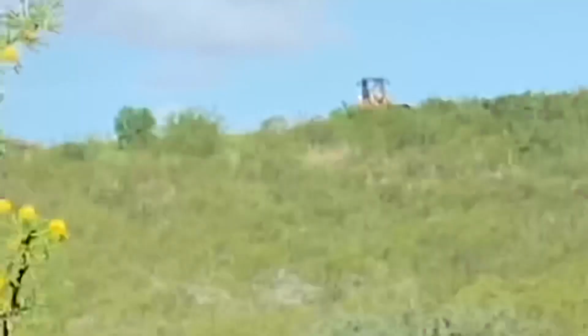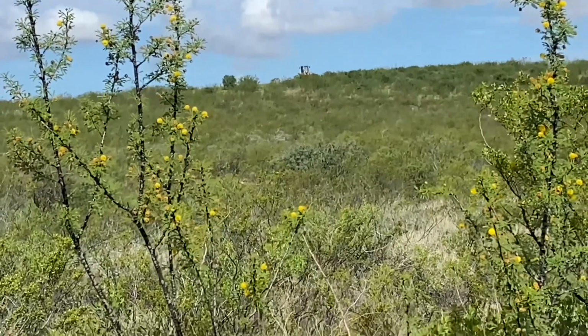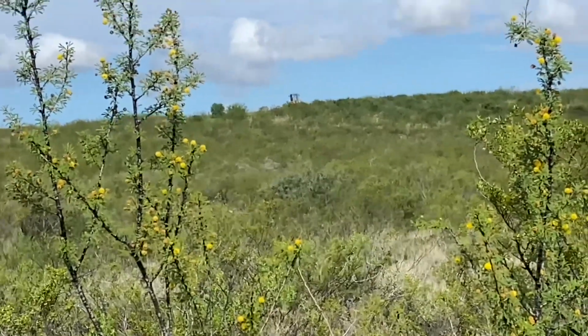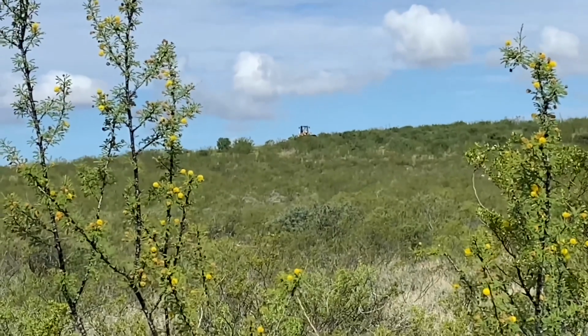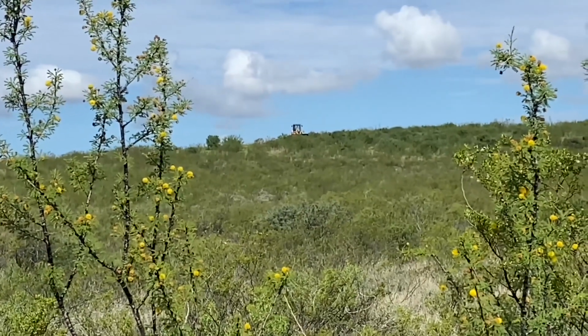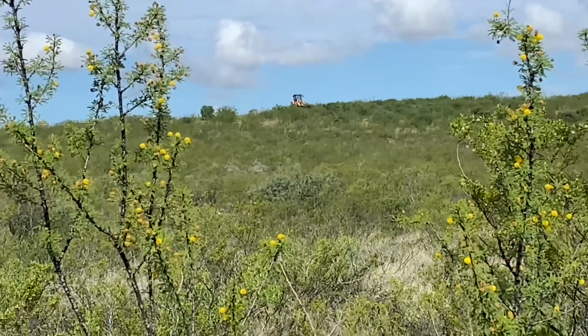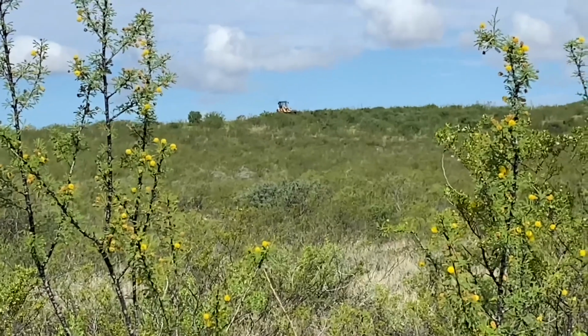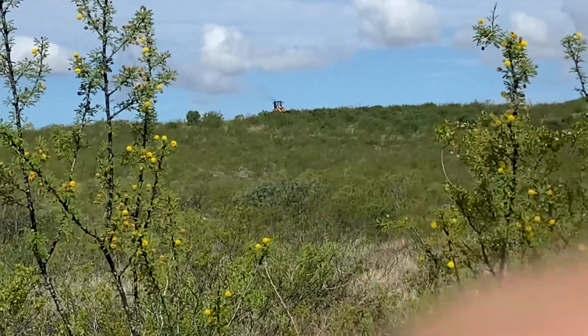We're down on the lower side of the property, and we've got this guy with this big excavator, I think is what it is, or it's just a huge tractor, and he's doing some refinements on our building site. There's a lot of rock up there, so we're hoping that he's successful with what we're wanting. We also decided where the solar panels are going to go, and it's hard to tell from here, but